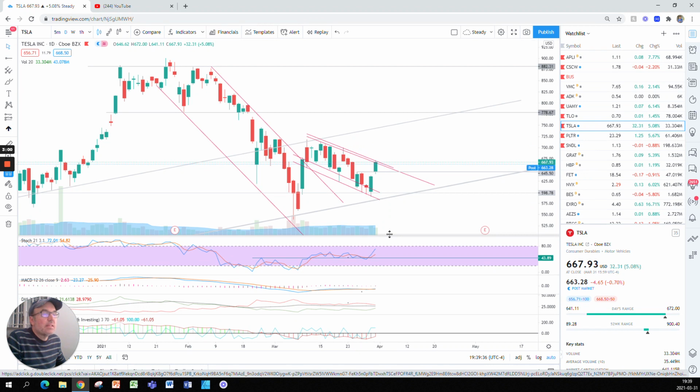Let's look at the stochastic and the other indicators. So basically, stochastic is quite high. It's at 72. So this is telling me that there's a lot of push really in the stock. If we look previously inside this downward channel, when we had big green candle days, like this day here, the stochastic was maybe at 62. And when we had these two green candles, stochastic was at maybe 59. So to have these two candles here still inside the downward channel with a higher stochastic, like at 72,